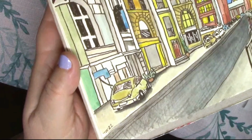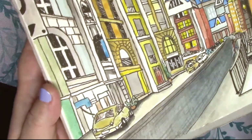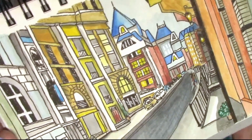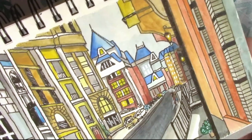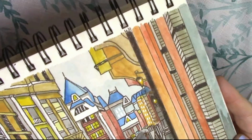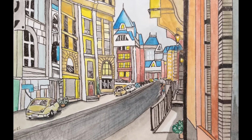From one corner to the other, a little bit closer view. I really enjoyed this drawing. This is a beautiful street. All of the pictures I pulled up of Kyiv, Ukraine, were beautiful. It seems like it's a gorgeous city, and it's been sad to see the destruction that's been happening there to the town and the people. So again, my heart goes out to them,